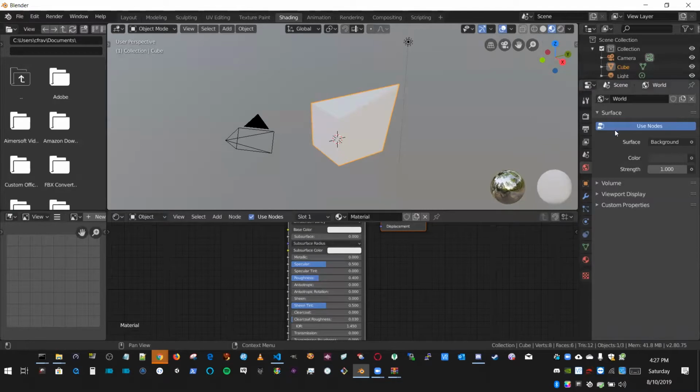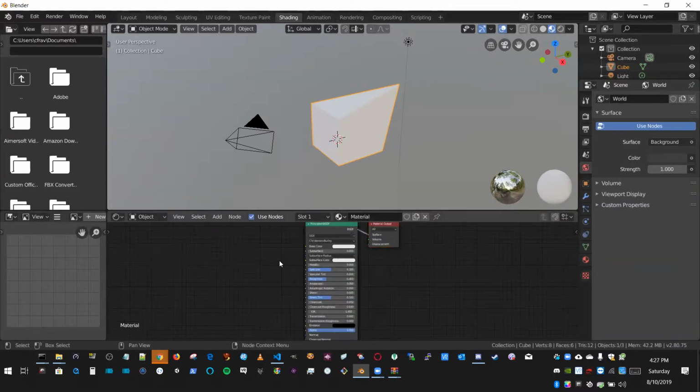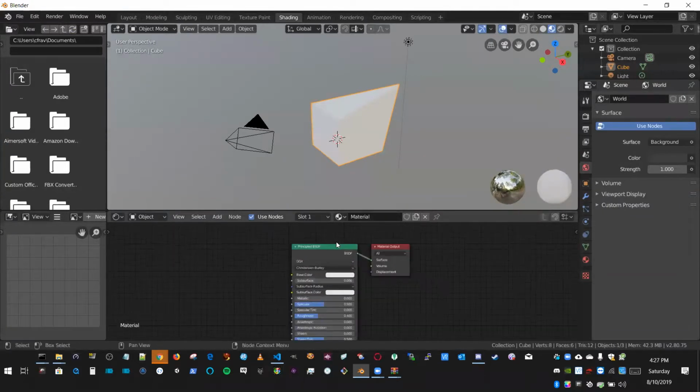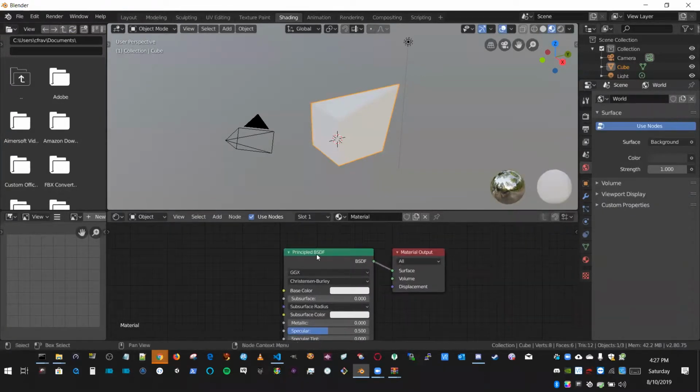And you always want to use nodes for your materials these days. It makes the best results for Decentraland. And the nice thing about Blender is that by default, it works with the type of shader. A shader says, what kind of shading do I want on the surface? What do I want the surface to look like? The principled BSDF shader is the one that Decentraland likes to use. There are many types of shaders that you can add. There's just whole menus of them here, but most of them don't work with Decentraland. But the principled BSDF shader, whose heritage is Disney Studios, I believe,